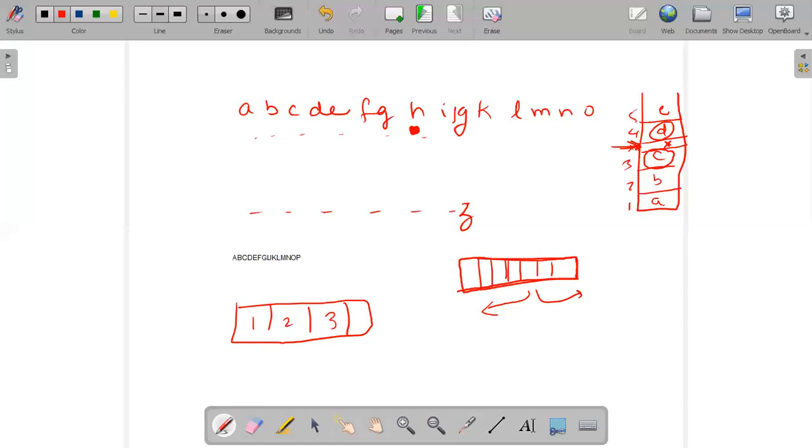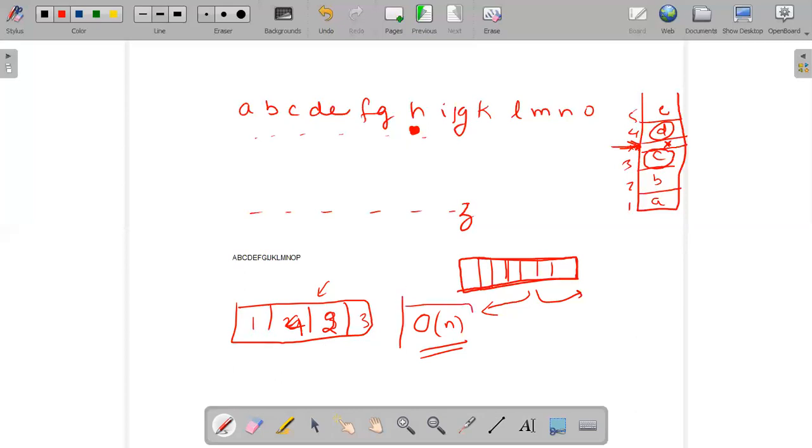You have to shift 2 and 3 and then you can add 4. So you are doing the insert operation in order of n complexity, in the worst case, for example when adding something at the beginning.